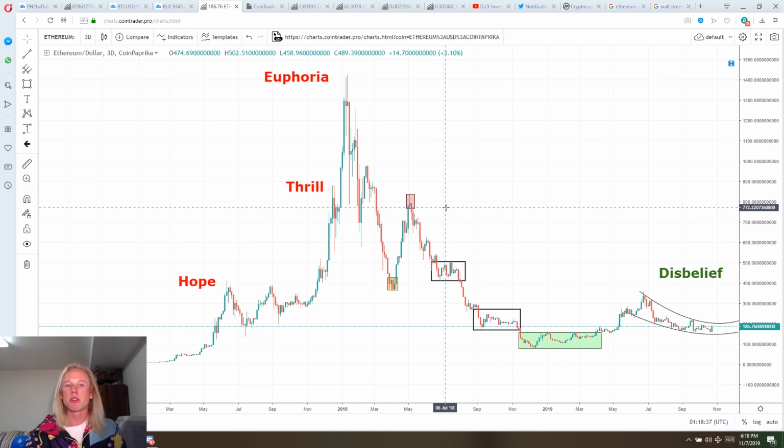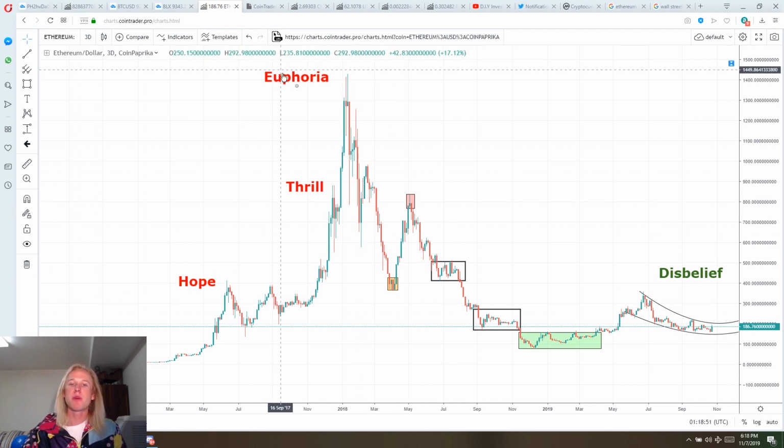I mean, never have we really seen these sort of parabolic moves. We did see a little bit of an early correlation of that with the internet bubble, but it was not to the degree of these cryptocurrencies. And so with these cryptocurrencies, you're going to see big swings. Now, from top to bottom, Ethereum, I think it was like 250x from the bottom to the top. And so with such an emotional cycle, you're going to have a big crash, which is why I think we experienced a 94% correction back down.